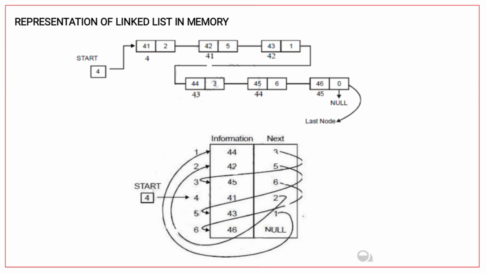List also requires a variable name such as start, which contains the location of the beginning of the list, and pointer field of last node denoted by null, which indicates the end of the list. The linked list can be represented in memory as shown in figure. The figure shows a linked list, it indicates that the nodes of a list need not occupy adjacent elements in the array info and link.